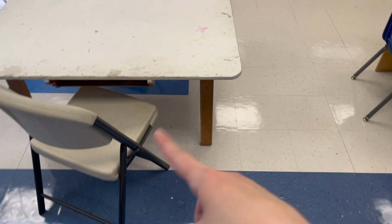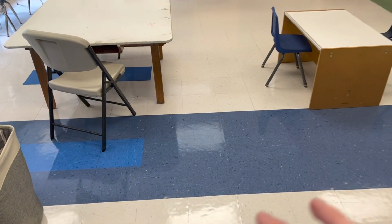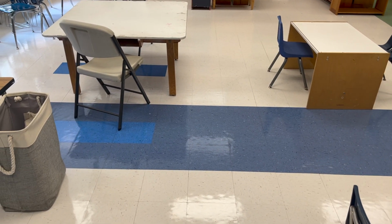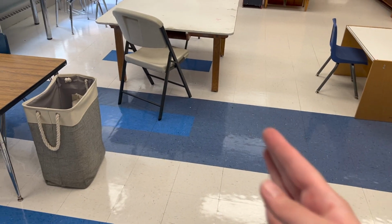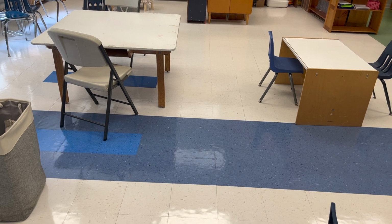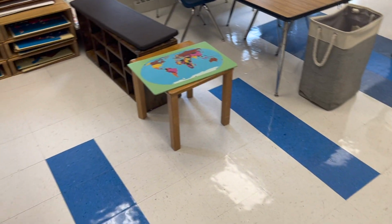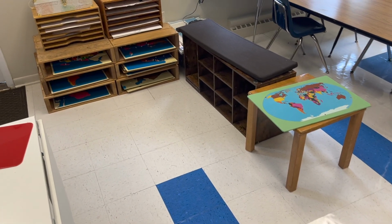It's all in the middle. It's nice and open. I almost put it like the big table here and then the table there. We'll see how this works. I might switch it back because I like both of them both ways, but I just feel like if I'm sitting where I'm going to do presentations, I can see through the tables into the math area better if this is here, and then it'll be easier to see around this one for the language area if someone's choosing to work here. And then we have a geography area,